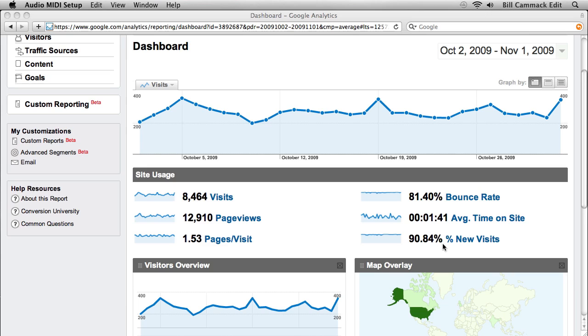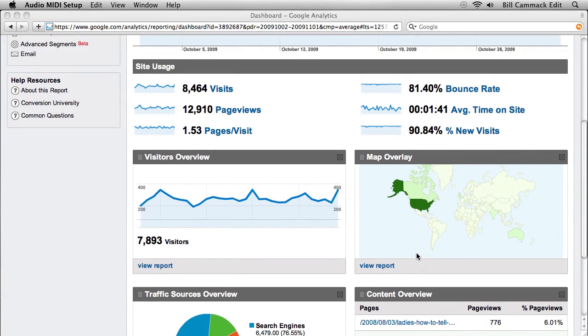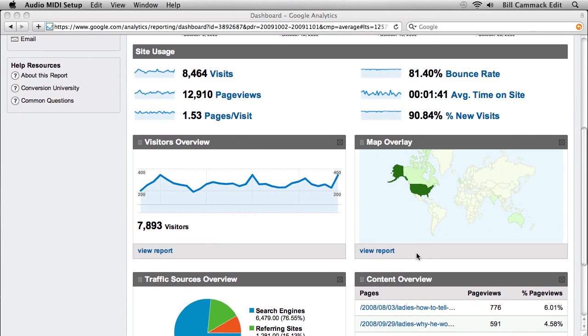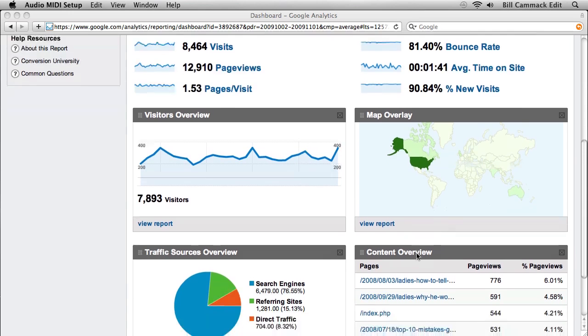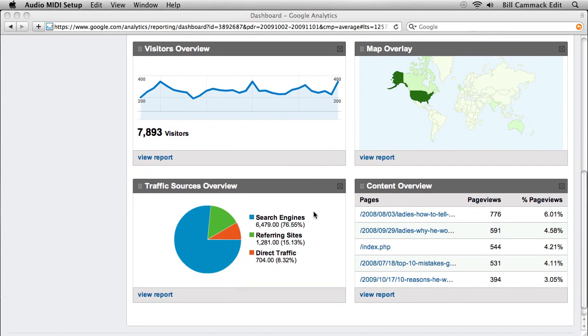So I have 90% new visits. That could be a good thing and that could be a bad thing. If you always have new visits, that means you don't have a lot of people who are consistently coming back to your site to check out new stuff. Then again, it means that you're always getting new people to look at your site, which would be good if you were selling advertising or something like that. Let's see, visitors overview,